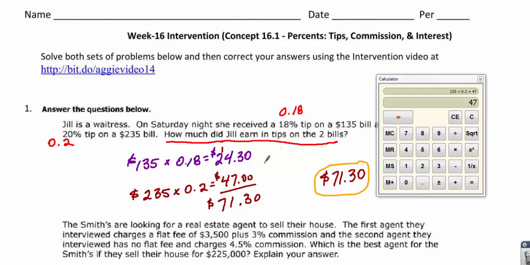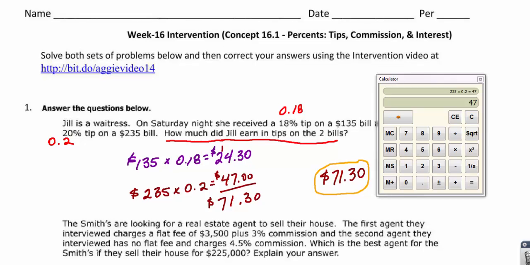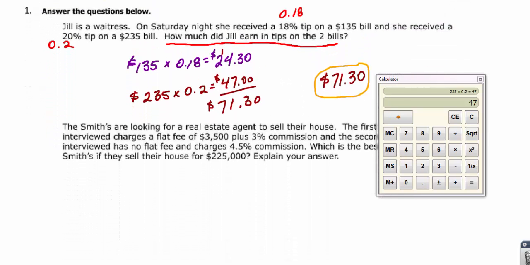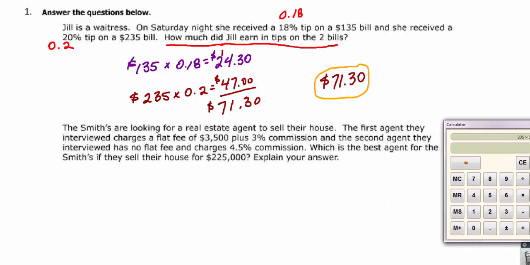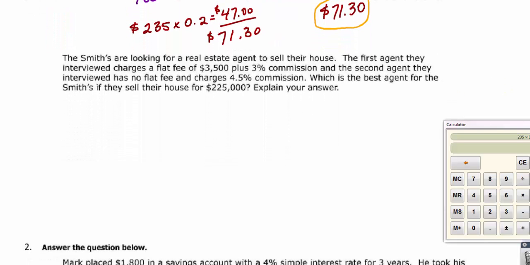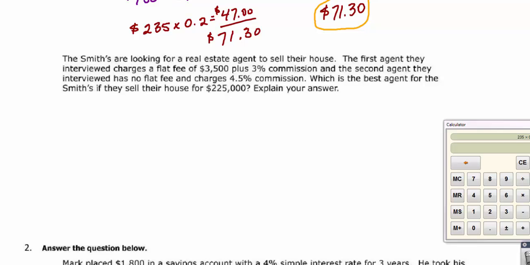Now, if you made any mistakes in changing your percents into decimals, you might want to go back and review what you did on the Smith real estate problem right here, before you get too far into it, so you're not making the same kinds of mistakes. All right, so the Smiths are looking for an agent to sell their house. We've seen a couple of problems like this. And we decided early on that one of the things that really helped us was to separate out the information so that we knew what each agent was doing. So we have the first agent